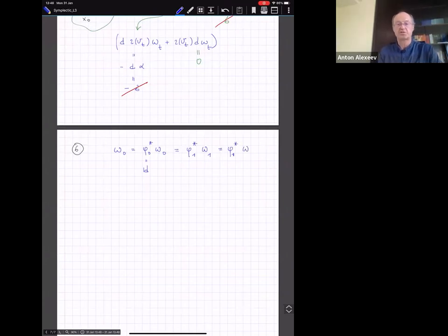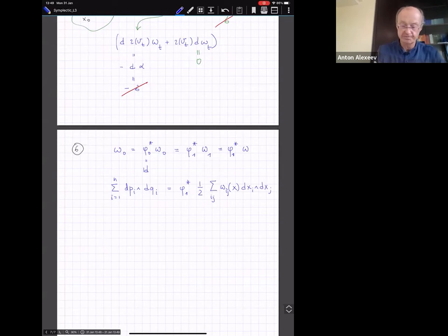So in more detail, what does it say? It says that the sum from 1 to n of dpi dqi is equal to phi 1 star of 1/2 sum over ij omega ij of x dxi dxj,